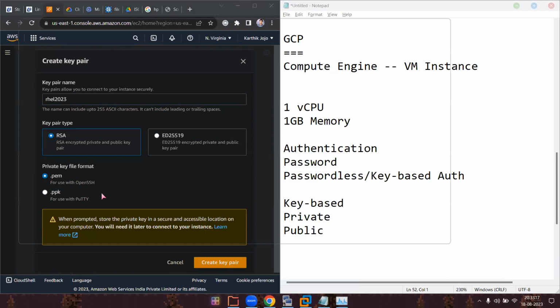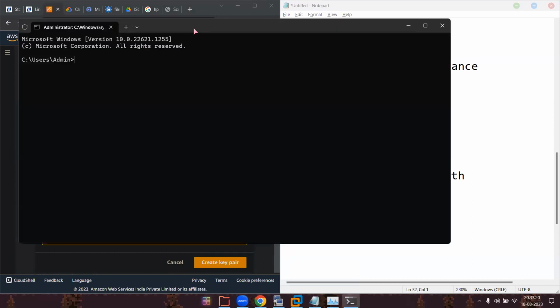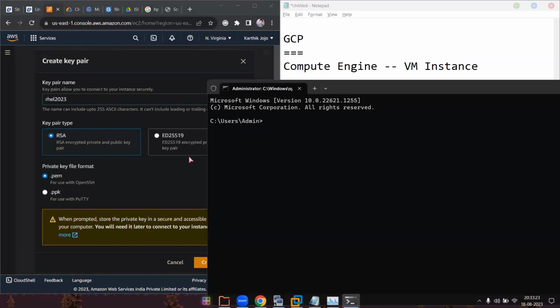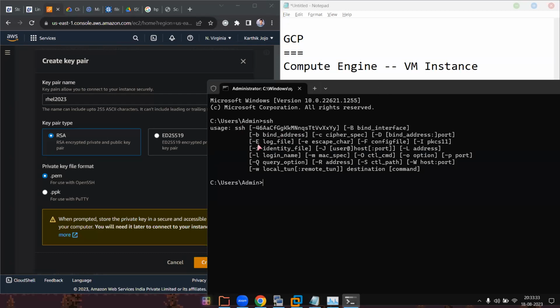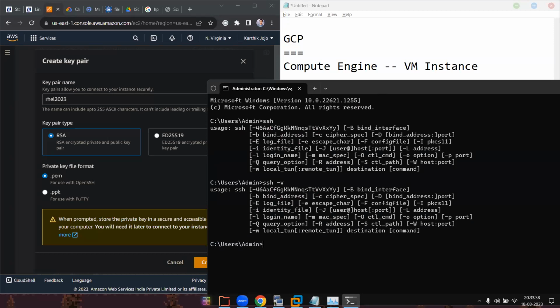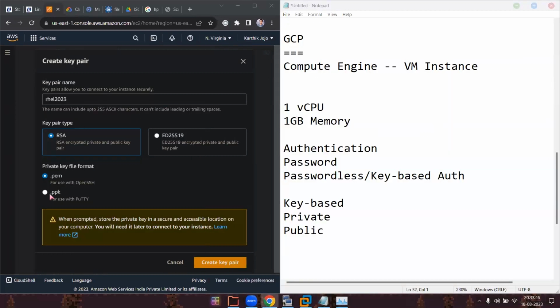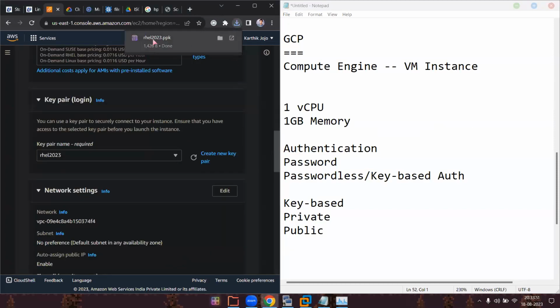You can log into the same VM using your command prompt. For that, you can use .pem. You can see it says for use with OpenSSH. So this is the one. With the help of SSH or this OpenSSH, you can use it. But we don't use the command prompt, right? So we will select .ppk and create a key pair. Now it will be downloading a .ppk file, and